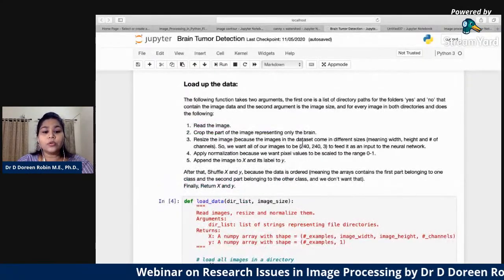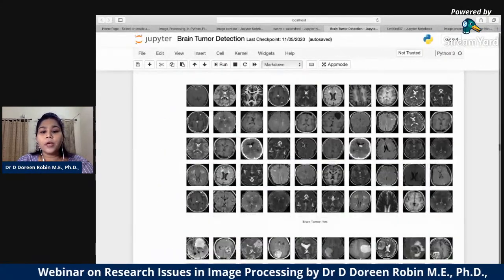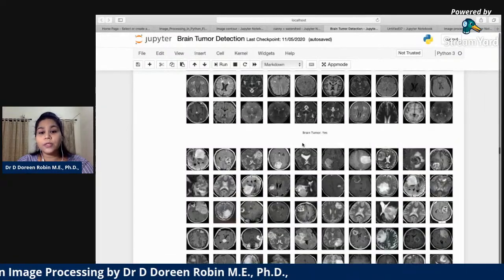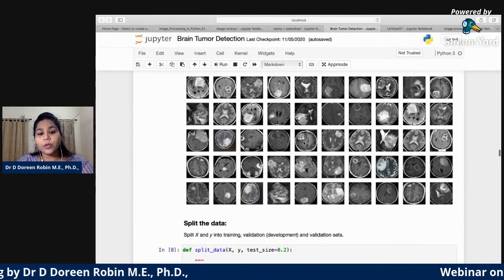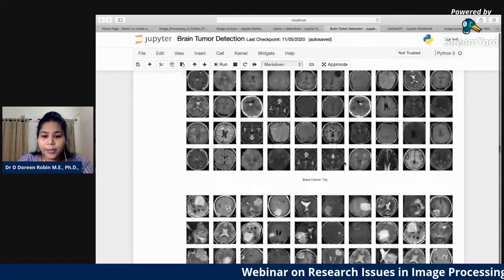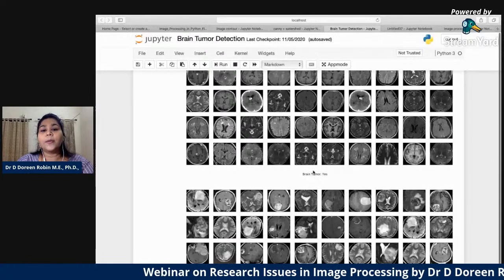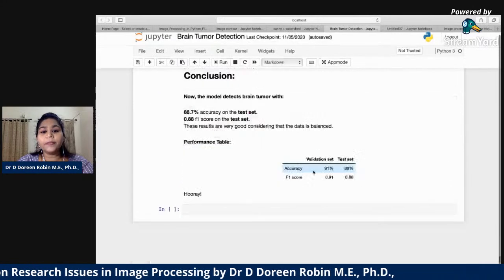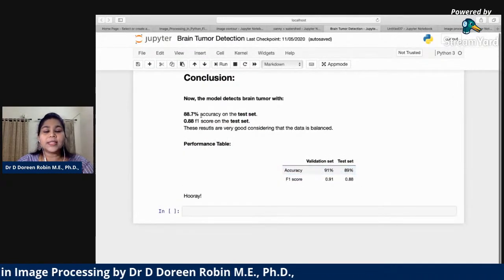Even if I want to work with tumor detection, there are different kinds of tumors, with tumors and without tumors. These are images without tumors, and these are the images with the tumors. Once I run my algorithm, it will clearly find and tell me how many there are in my data set.